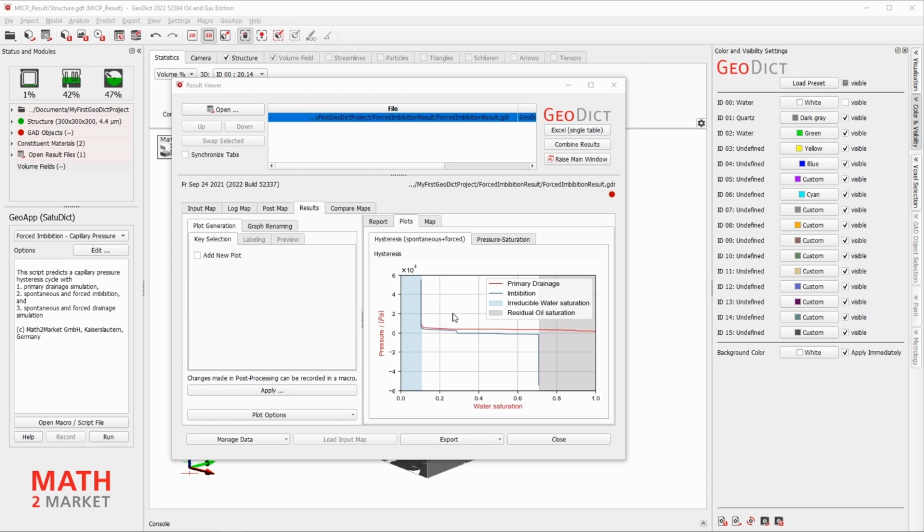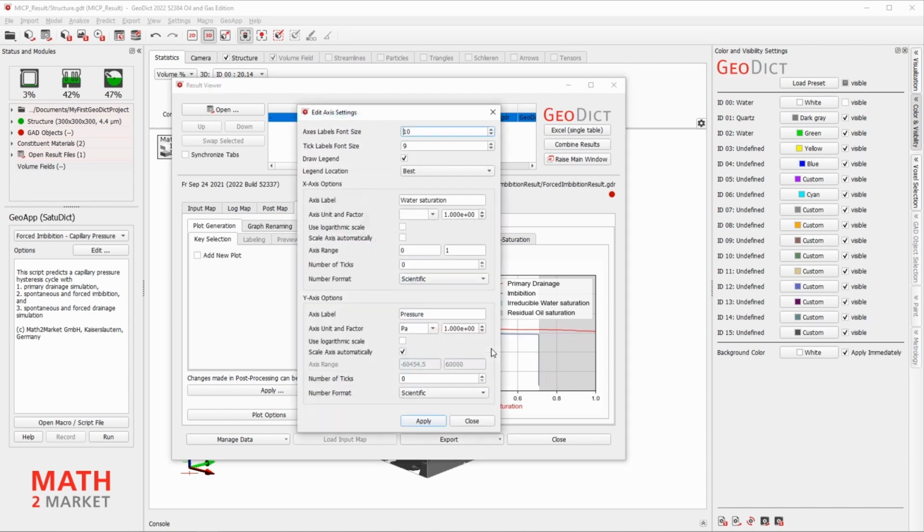You may adjust the plot settings by right-clicking in the plot. Uncheck the box for scale axis automatically and insert your own values of minus 20,000 to plus 20,000. Click Apply to apply the changes you've made.